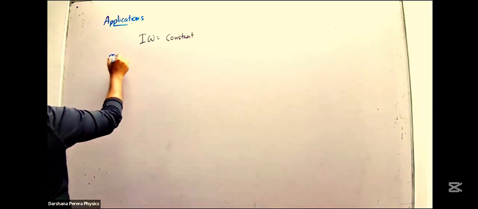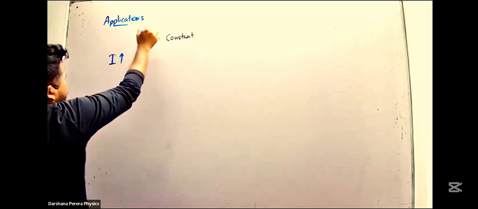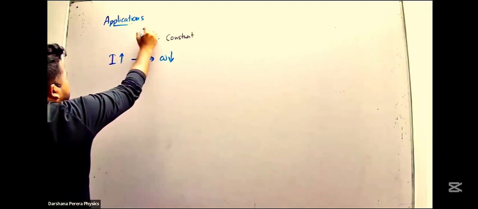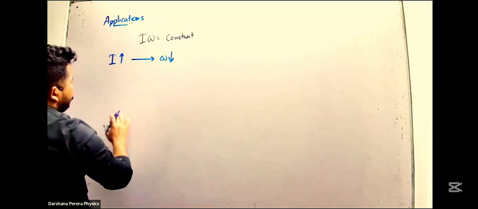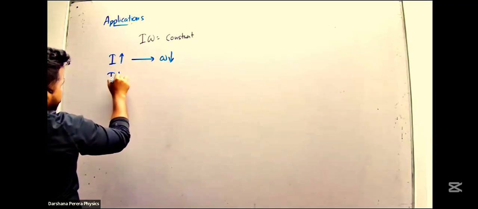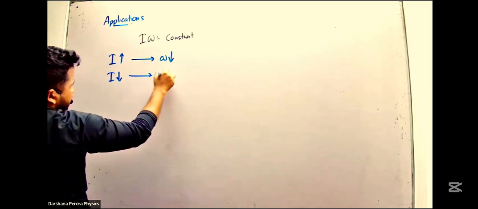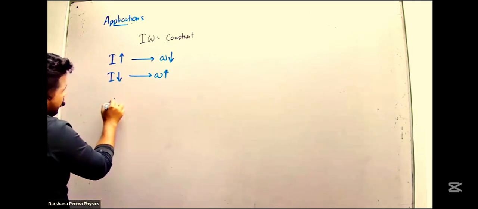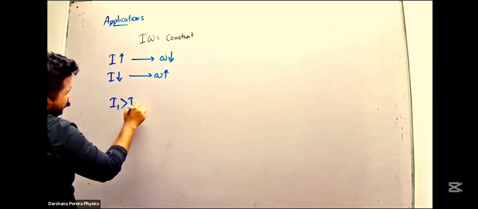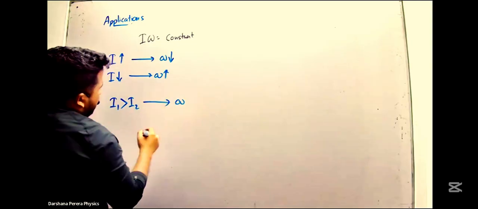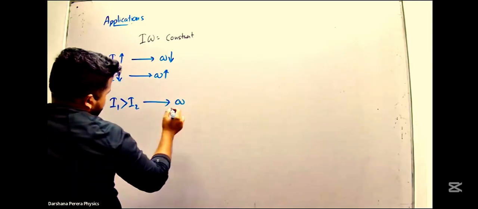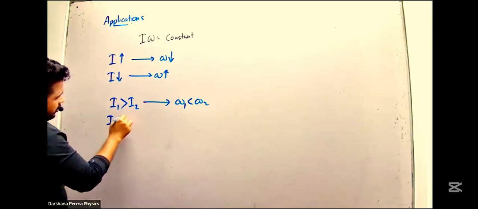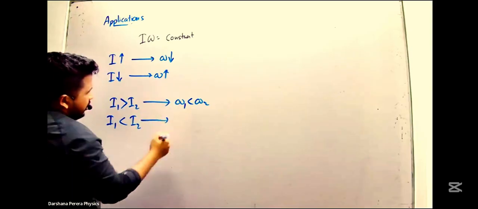When I decreases, omega increases. Therefore, if I1 is greater than I2, omega 1 is smaller than omega 2. If I1 is smaller than I2, the final